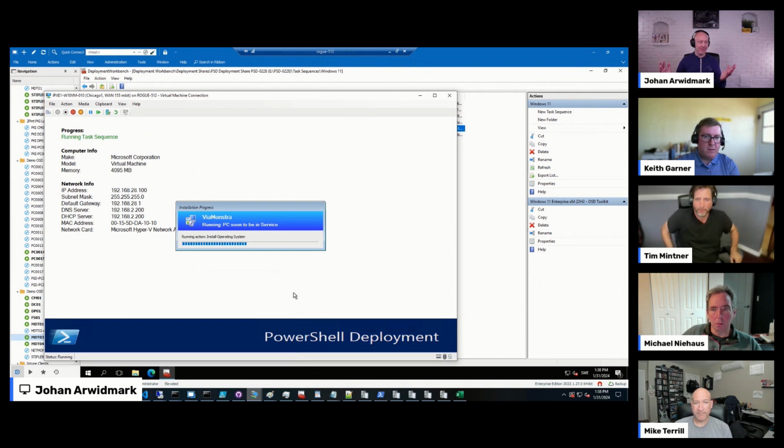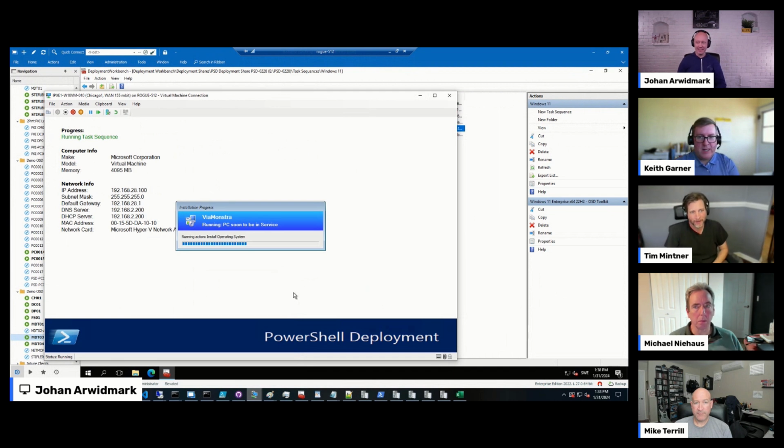So that's all I wanted to show at the moment. Just to add some color here for anybody who's looking at PowerShell Deployment, Johan has an MDT console in the background. PowerShell Deployment is really an add-on for MDT. PowerShell Deployment uses some of the backend components of MDT, the workbench and a couple other things, to populate all the scripts, and then we have an entirely new set of scripts written in PowerShell that builds on top of it. So there's kind of a combination. So for those people watching this video wondering what PowerShell Deployment is, why is Johan using MDT? It's a combination. Oh yeah, that's a good call.